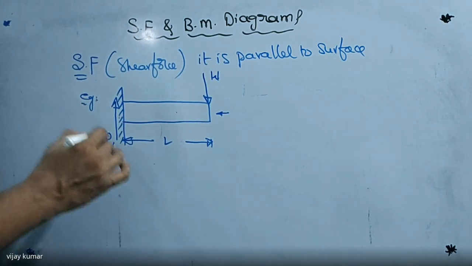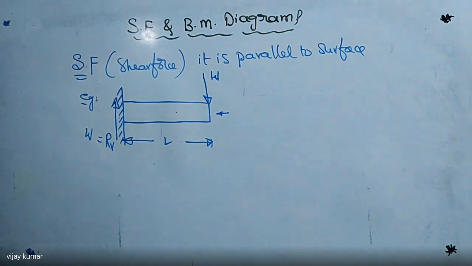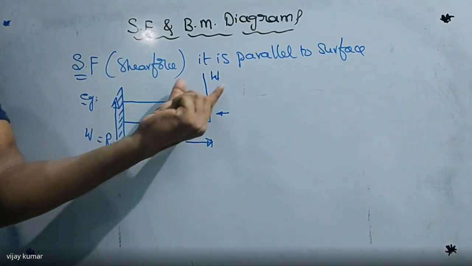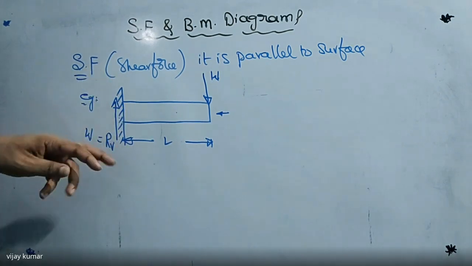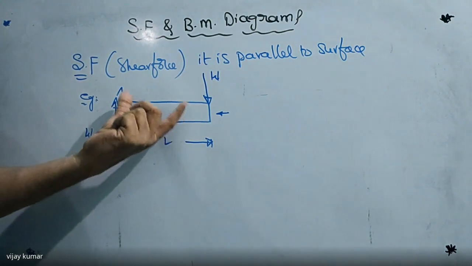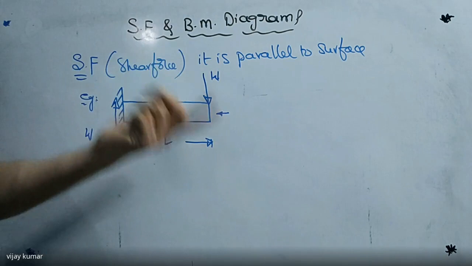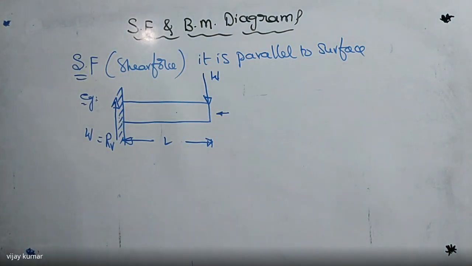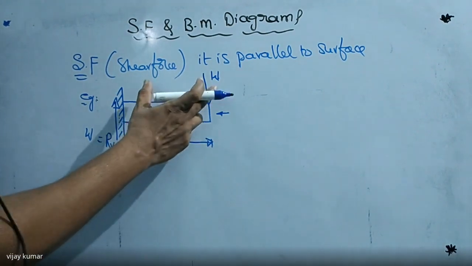That is RV, or R, and it is also equal to W. According to Newton's third law, every action has an equal and opposite reaction. If the beam is subject to this vertical load, the support will also give a reactive force having the same magnitude as the applied load. Otherwise, the beam is not in equilibrium and it fails, whether by bending or breaking. Did you get my point? Under the equilibrium condition, these two are balanced.